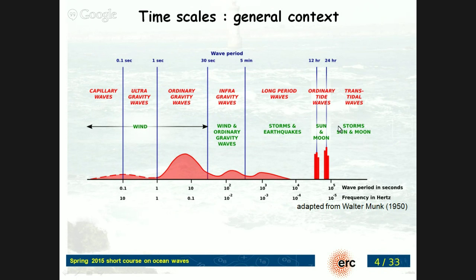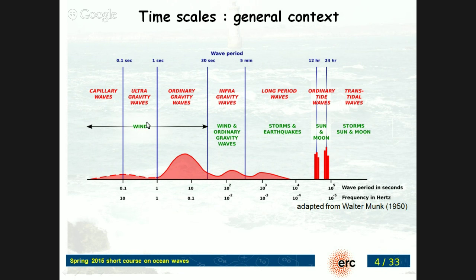Of course, we have the very long surface gravity waves, the tidal waves, driven by the gravitational pull of the sun and the moon. And the intermediate scales of a few minutes, these are typically meteo tsunamis, driven by storms that can be rapid changes in the wind, and that give an oscillation of the sea surface of a fraction of a meter. In special contexts, like the Rissaga in Ciutadella Harbor in the Mediterranean, you can get a couple of meters inside of the harbor because of special resonances. And of course, the tsunamis are driven by earthquakes and landslides and other things like this.